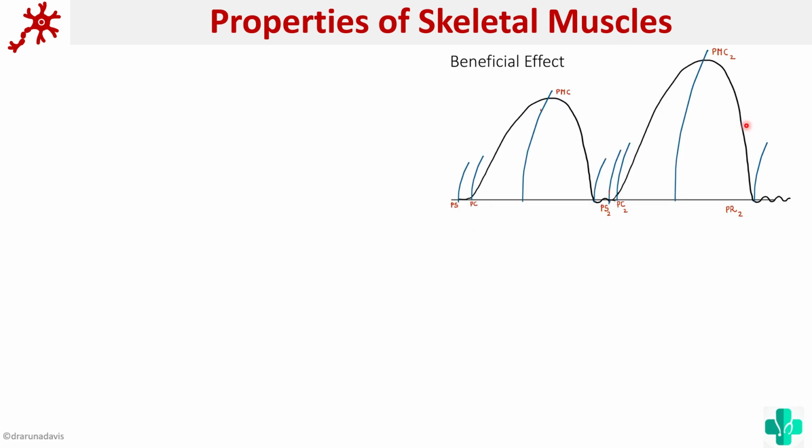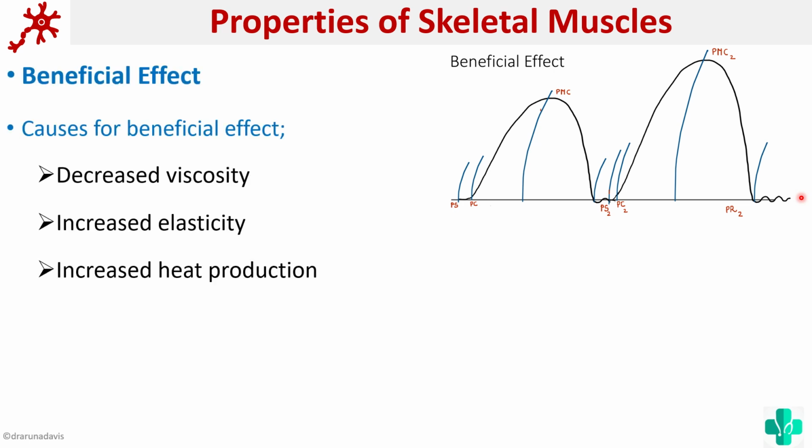See, this is beneficial effect. You give a stimulus, the muscle contracts. After the relaxation from the first stimulus, we give another stimulus, that is PS2. And when that second stimulus is given, you get a wave bigger than the first one, and this is called beneficial effect. Why do we have beneficial effect? Well, that is because